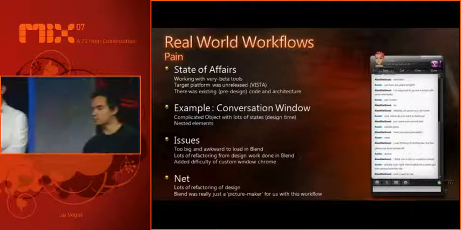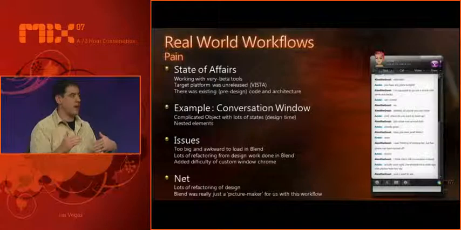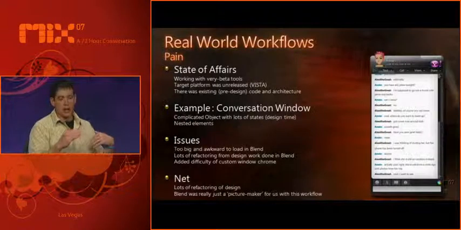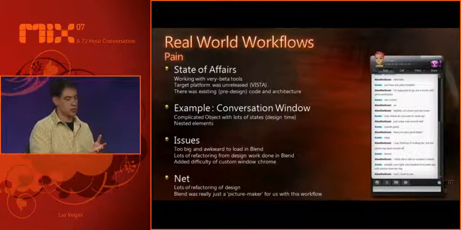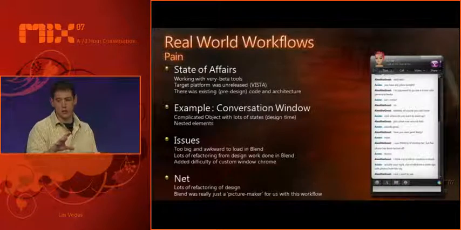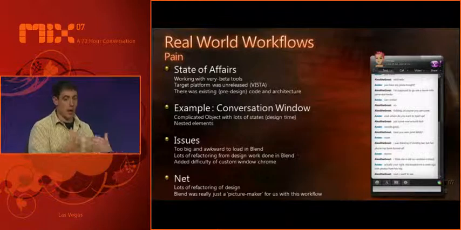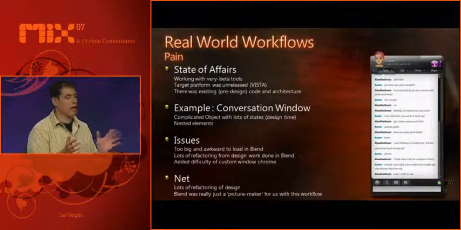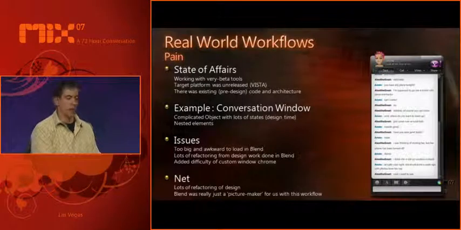Yeah, so you saw the conversation window, and in its current form, the XAML's getting to be about 5,000 lines on its own. So what we really needed to do was step back and factor it better using the user controls and some of the stuff that WPF gives you, so that when we hand everything over to the designers to style, they can load it into the tools. If things get out of hand, then the tools choke, and then the designers can't work in the flow that they want. That's one pain point when you get a complex piece of functionality in one window or one small part of the app. Another pain point